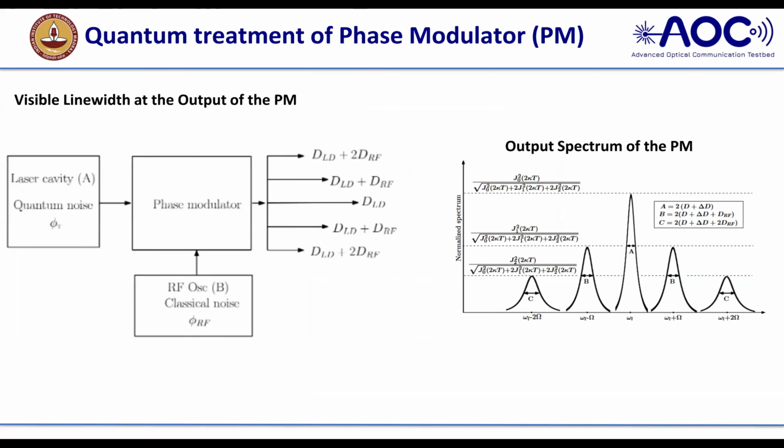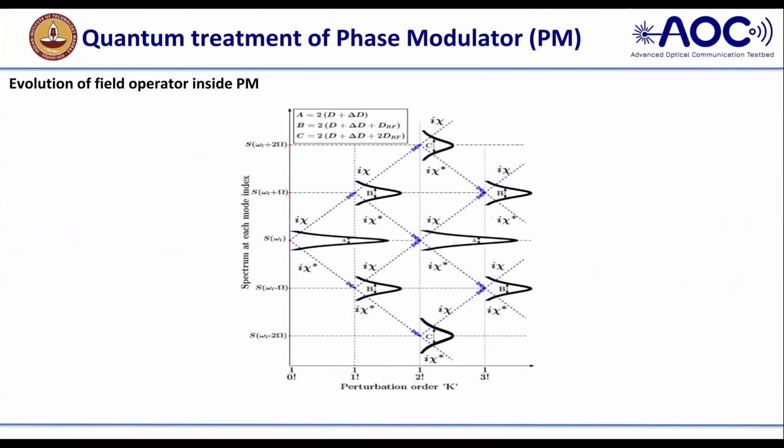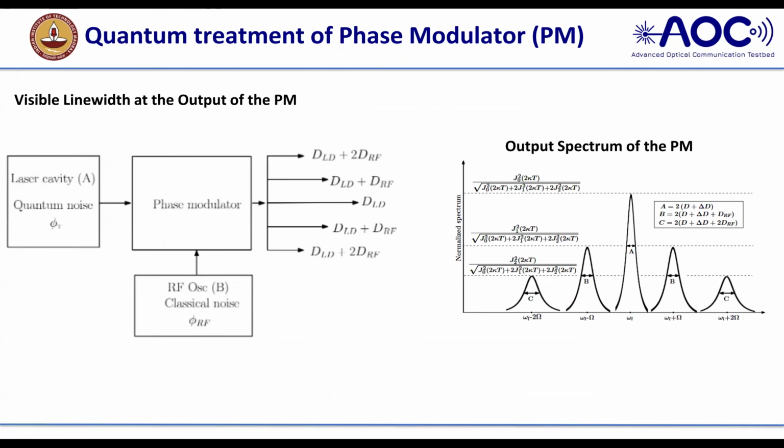You will get only the first order, like omega L plus capital omega, omega L minus omega. But in the case of analog radio over fiber, we are using a doubler, so we make the chi value high. So we use the higher order frequency here. And the probability of this photon happening, that is the sideband, is given by, you can see here, J